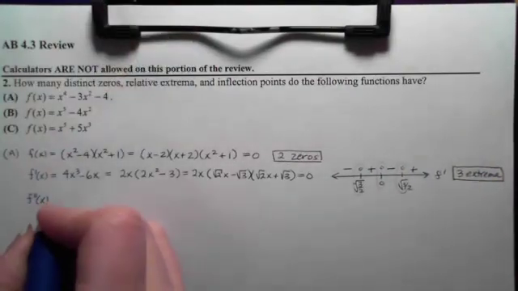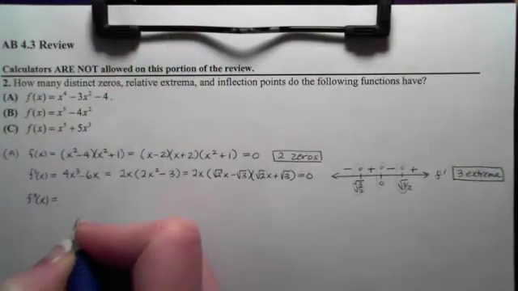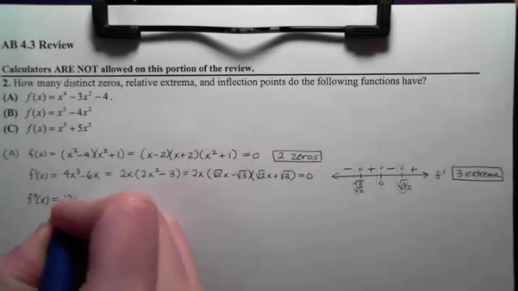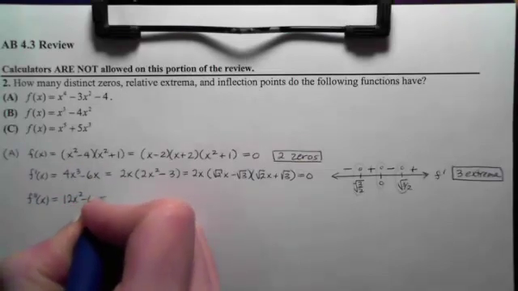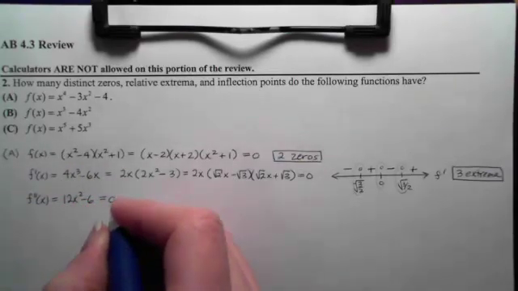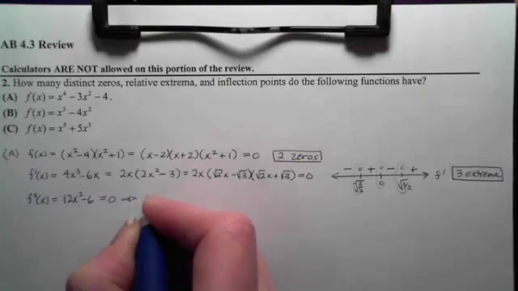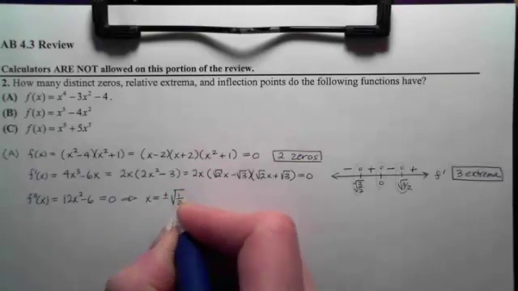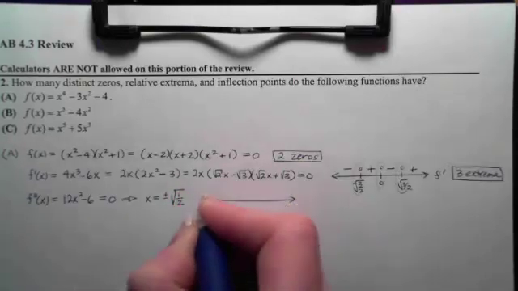For our next one, the second derivative will tell us whether or not we have inflection points. We take the derivative again, which will be 12x squared minus 6. We set that equal to 0. That's going to happen when x is plus or minus the square root of a half, which if we do our sign chart for that,